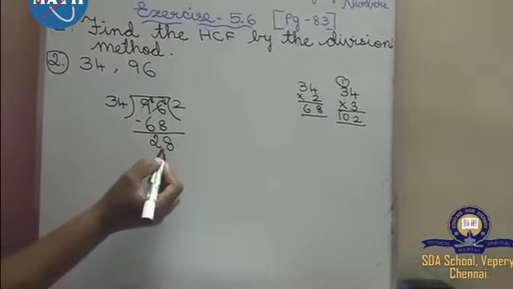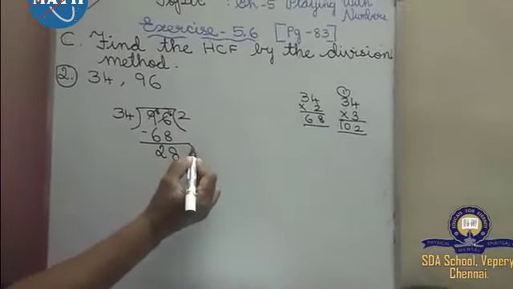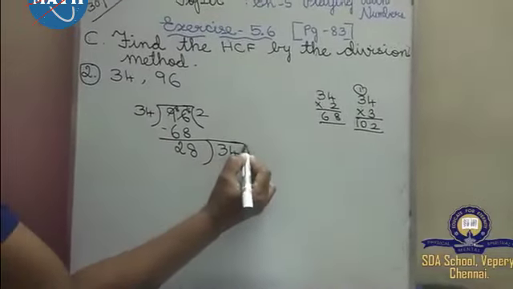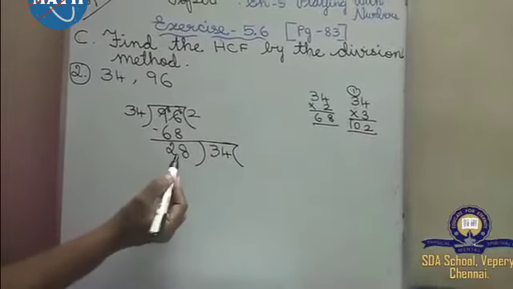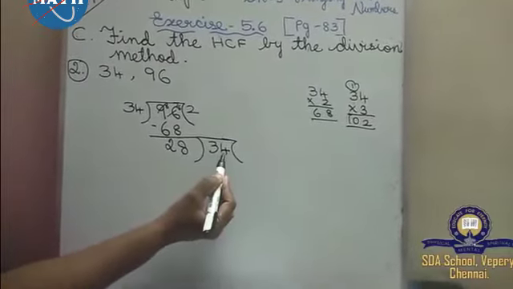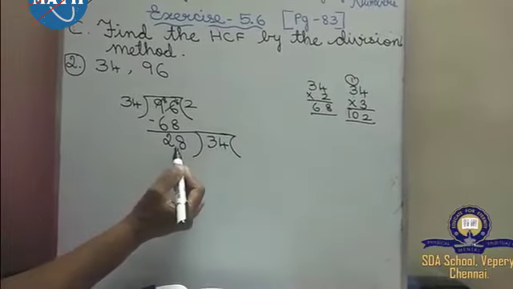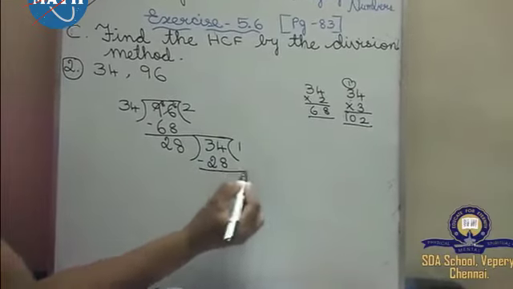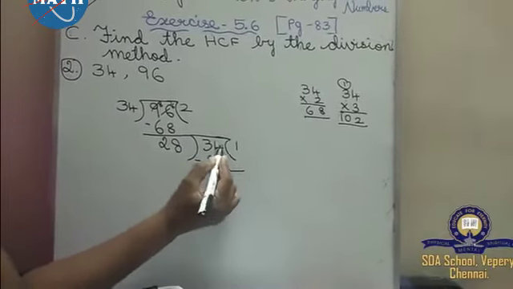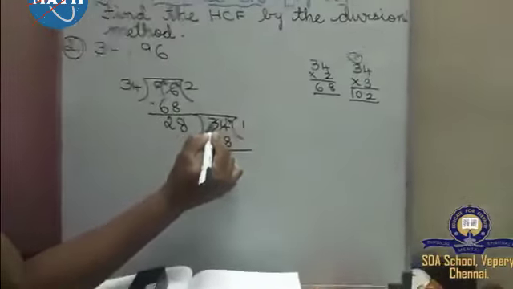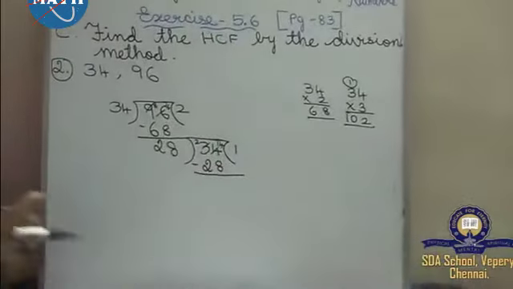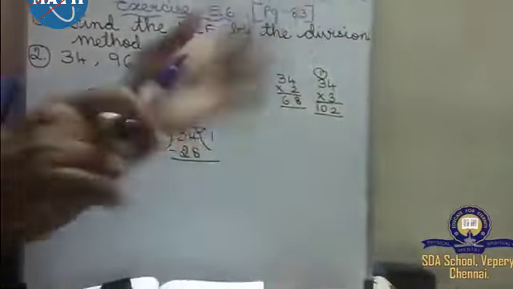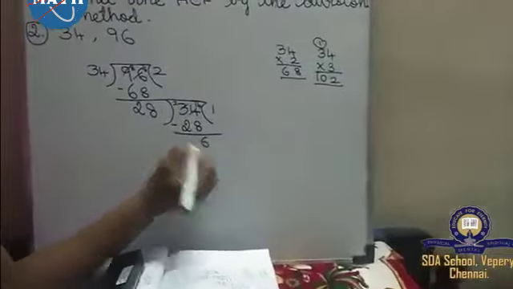So, what I said, this remainder will become divisor and this 34 will become dividend. And don't forget, children, don't get confused. This will become divisor and this will become dividend. So, again automatically what will come? 28 ones are 28. So, when we subtract, we can't subtract, isn't it? So, what will come? 14 and this 3 will become 2. After 8, if you count up to 14, after 8, 9, 10, 11, 12, 13, 14. 6 will come. 2 minus 2, 0.